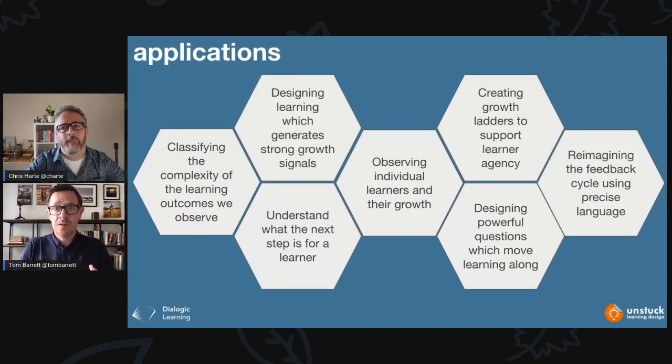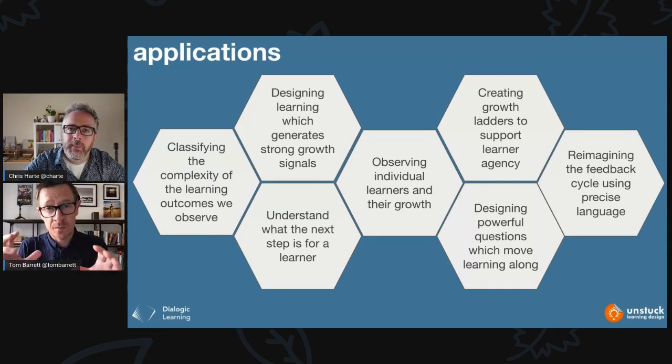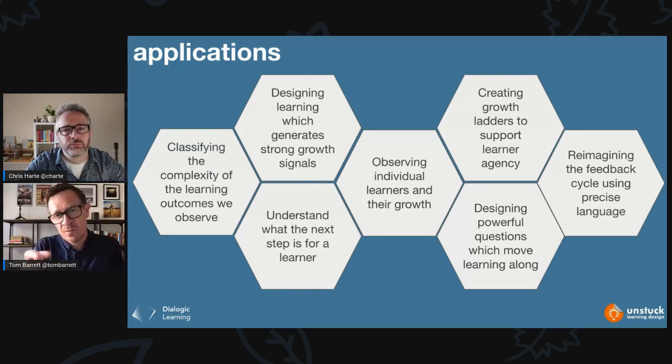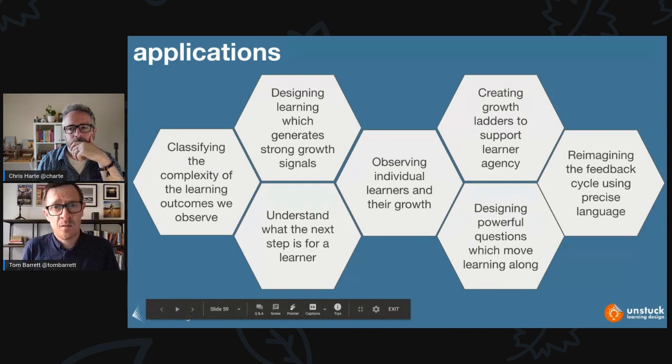Well, hopefully everybody, you've had the provocation to start to think about how you can apply this within your practice already. You've had a chance to read through some of the resources already, and you're already starting to see how it could make a difference for you and your learners in your own context. But we've also got a couple of ideas here that we know will make the difference. We know that these are some of the areas that within our own practice have certainly helped